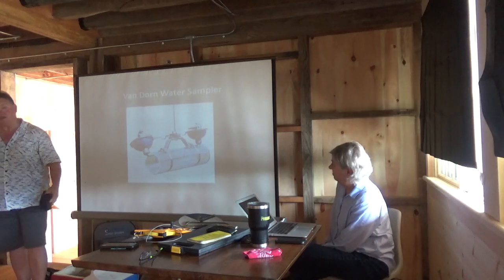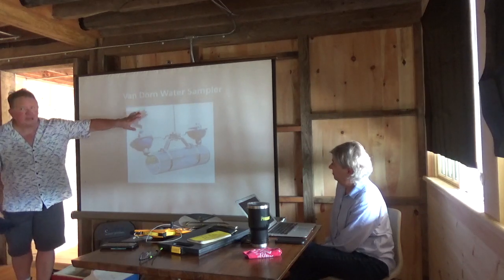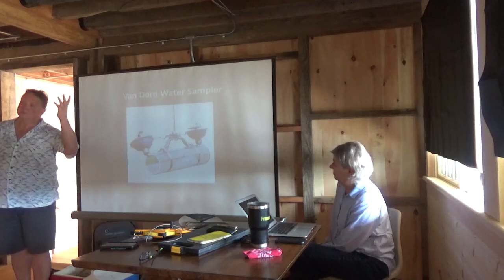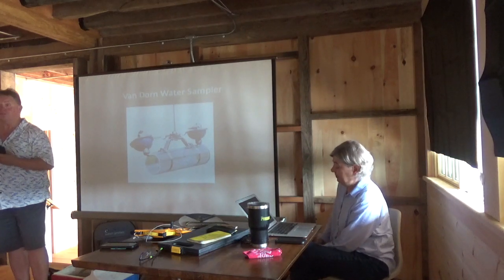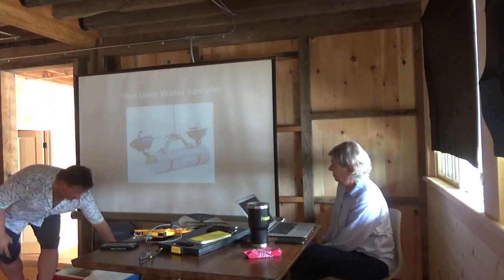So I can lower this thing, let's say 9 meters, and you send out a messenger and you'll see this, and then it triggers this, closes the plungers, and boom, you've captured the water that you're looking to capture at depth. Into the bottle it goes. Depending on